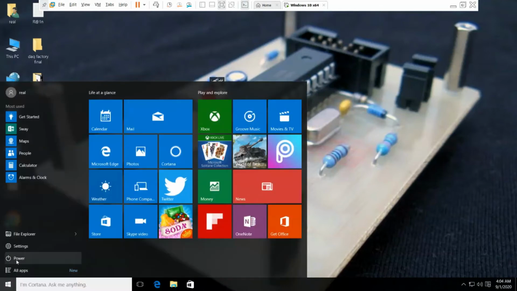From here you can restart your Windows 10, but when you want to click the restart button, you have to hold Shift on your keyboard also. So press Shift, click on this power button and click on restart. So when I'm clicking this restart button, the Shift key on my keyboard is being pressed.